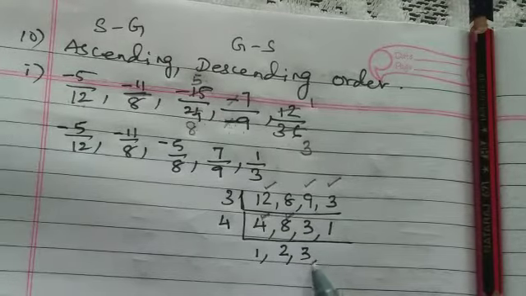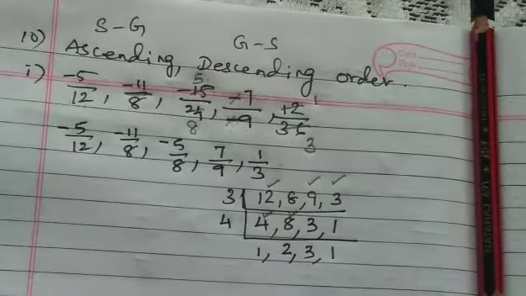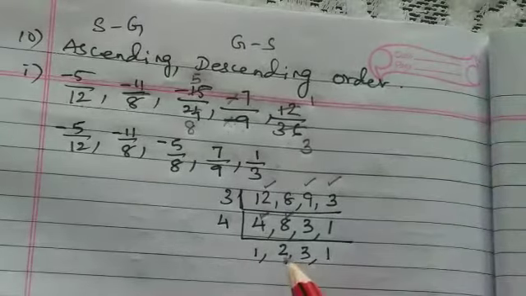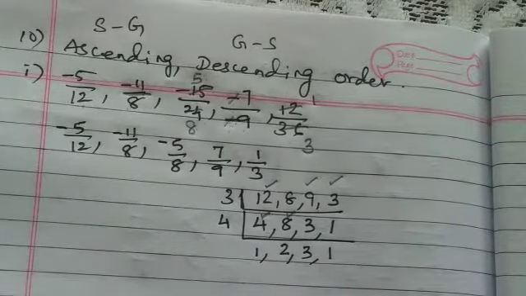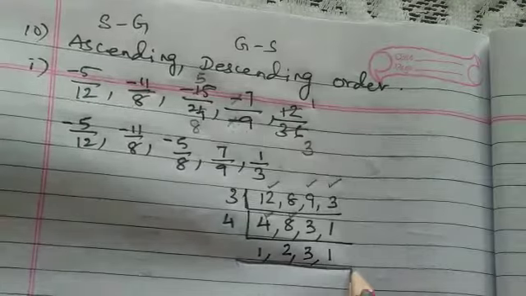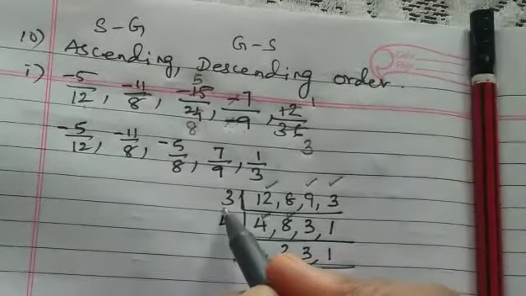So 3 as it is and 1 as it is. Now 1, 2, 3 and 1. They don't have any common factor. 2 and 3 are prime numbers. They don't come in any of the same table. So division is over. Now to find the LCM, multiply all the